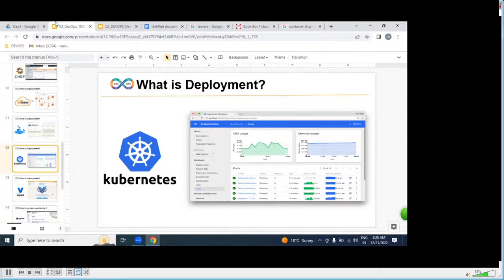I hope each and every student understood the idea of what a container is and what Kubernetes is. If you do not understand, don't worry. We're going to be discussing these two tools in deep discussion for 1 month, with practical examples. If you understand, very good. If you do not understand, also very good.